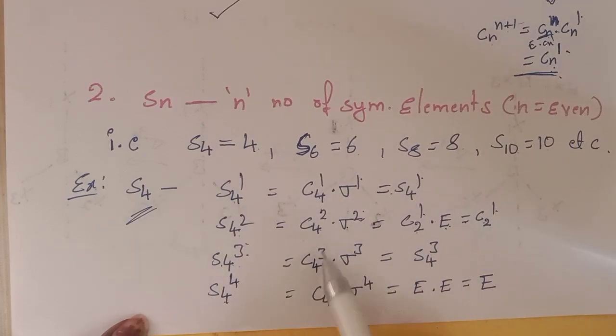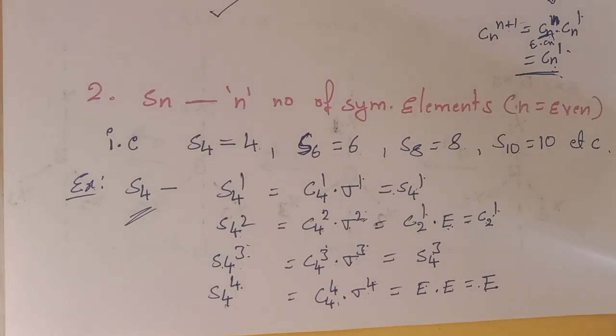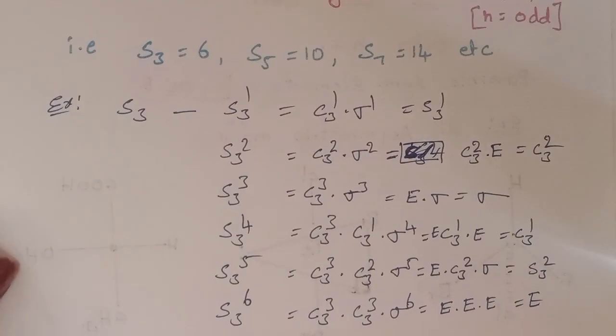S43, C43 sigma 3. Here sigma 3 will remain as sigma only because n is odd, right? So C43 followed by sigma 3 will result in S43. S44, C44 followed by sigma 4. C44 will result in E and sigma 4 will result in E. So that is E, right? 1, 2, 3, 4. S4 will result in 4 symmetry elements. If we see S6,